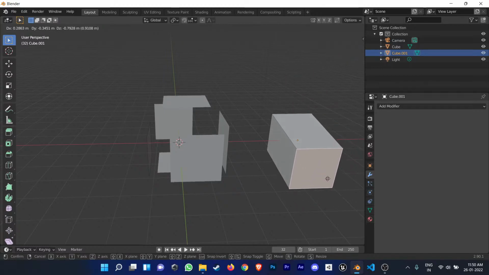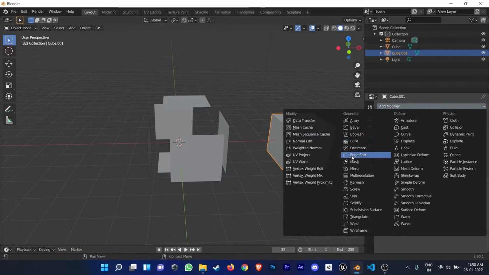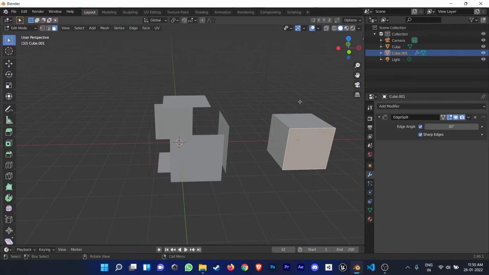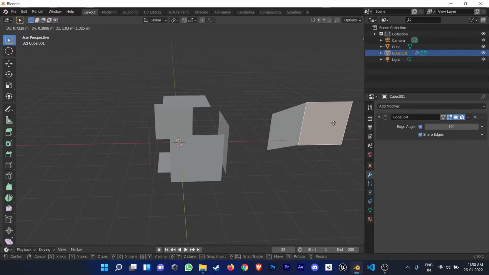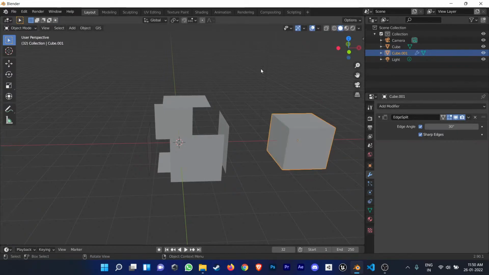It is not being treated separately. To treat it separately, we can add an edge split modifier, and we need to apply it first, because without applying it, it will do nothing at all. If I tab and press G, you can see it is still getting elongated. If we apply it,